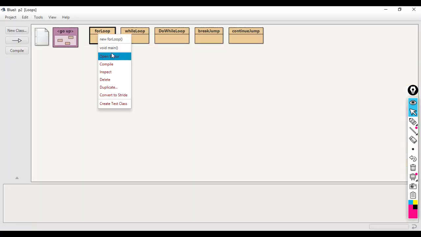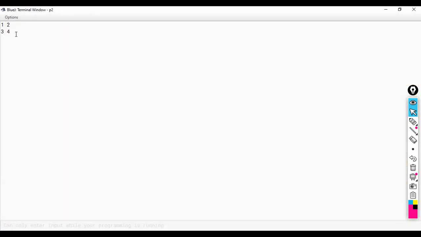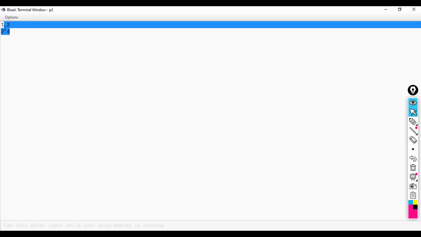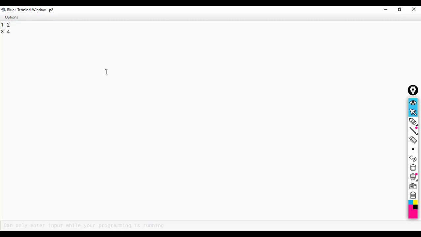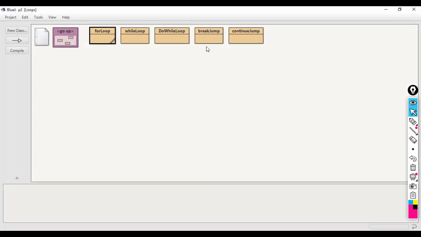So, let us have a look. You can see the loop is executing only 2 times. I is being printed as 1 and 3 and j is printing as 2 and 4. So, j will not go above 5. That is why the loop has executed only 2 times and this is the output 1, 2, 3, 4.